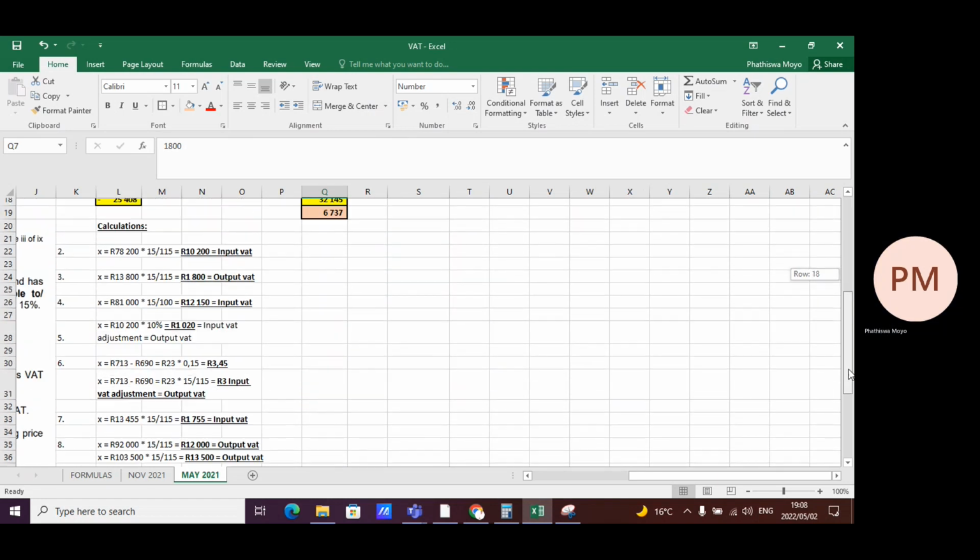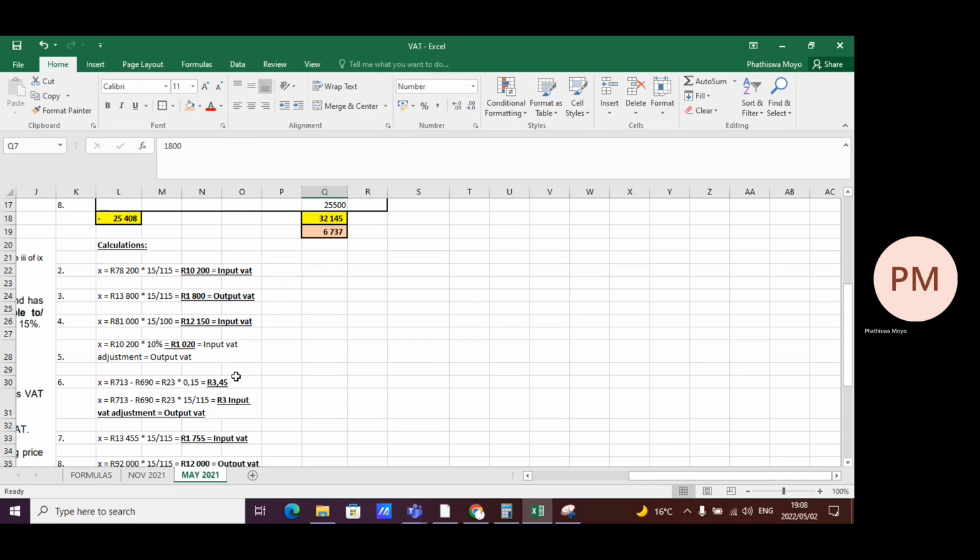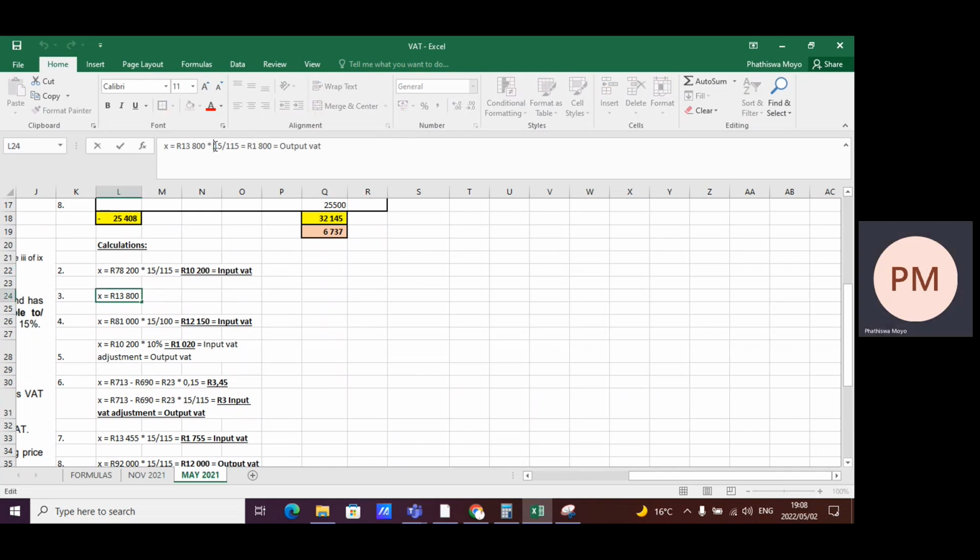So donations is limited to the cost. 13,800 multiplied by 100 markup divided by 125 multiplied by